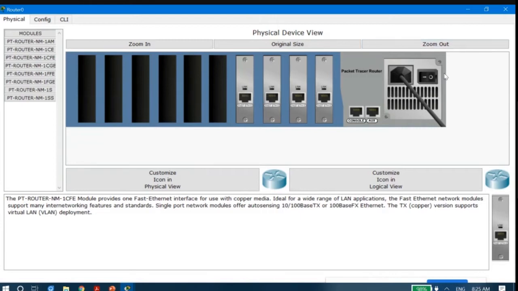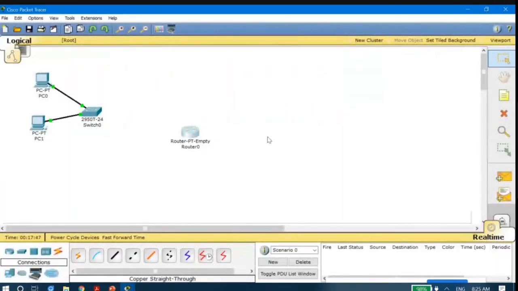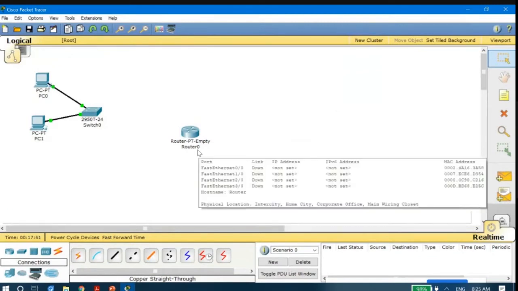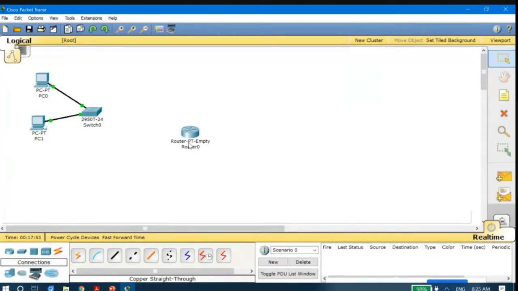In order to turn it on, just click on the power button and it will be on. Those are the only things that you have to do. And once you have done that, just close it, okay. Your job is done here. Have you done it or any doubt? Can you please repeat the last step, sir?